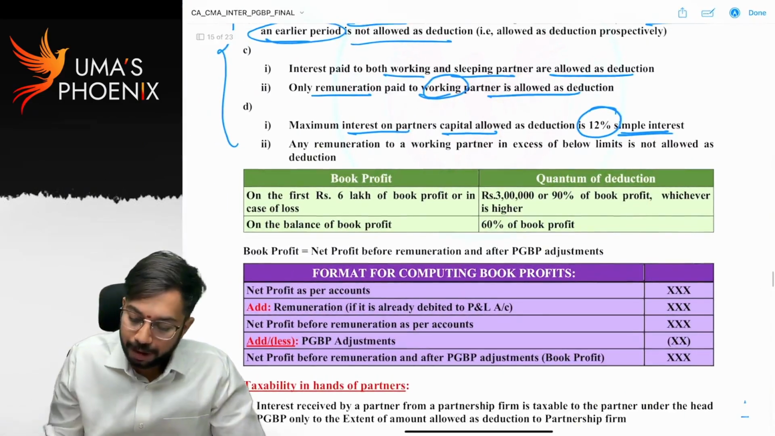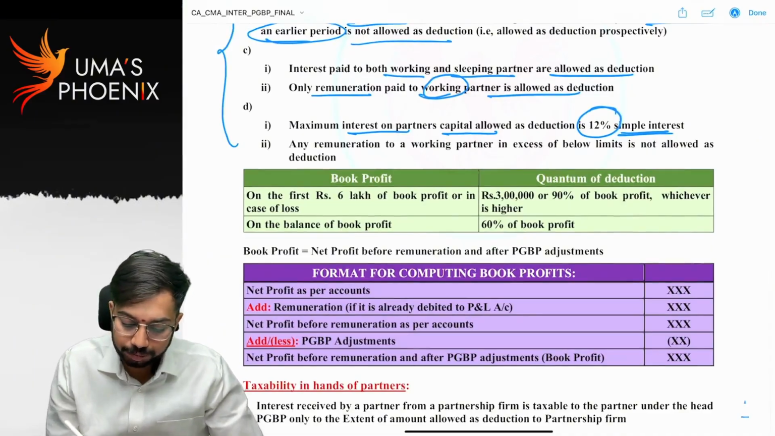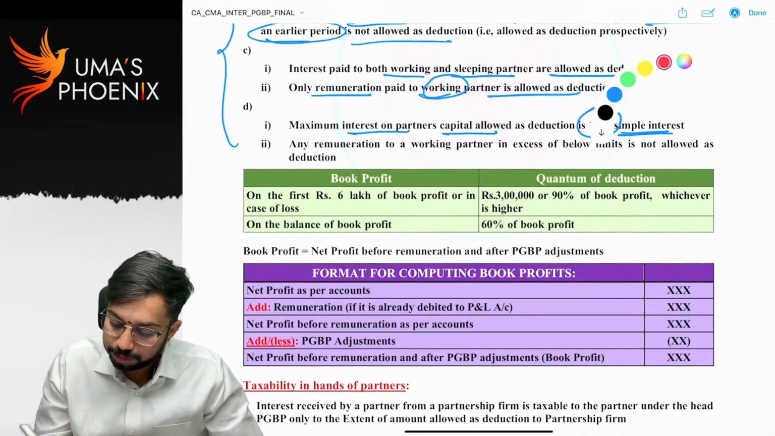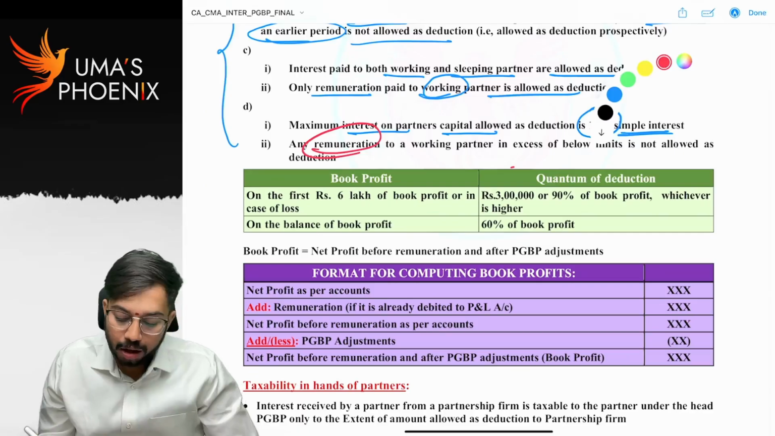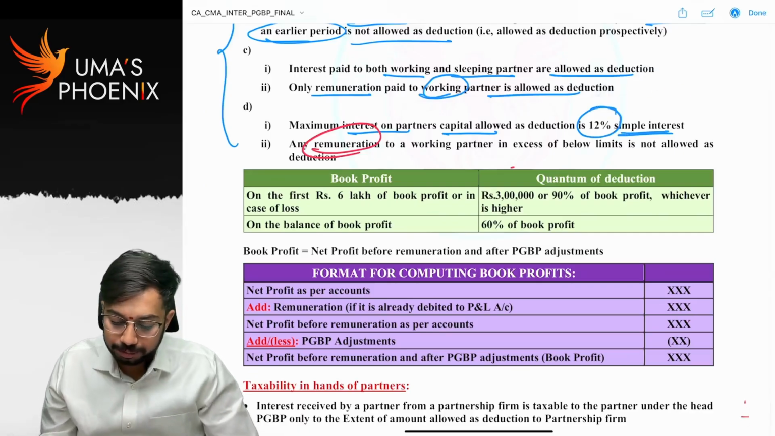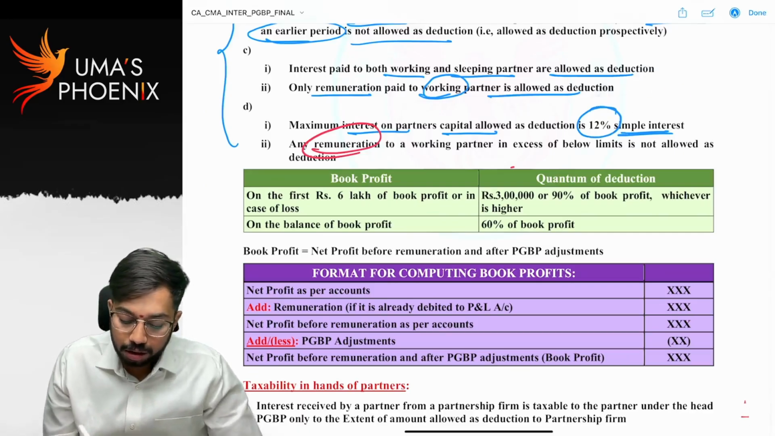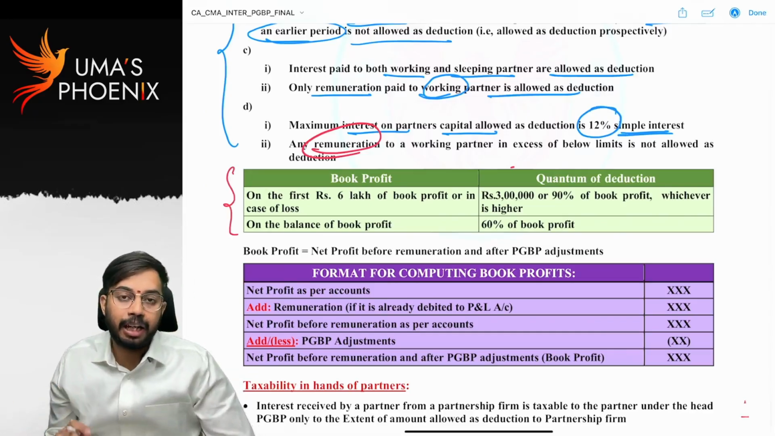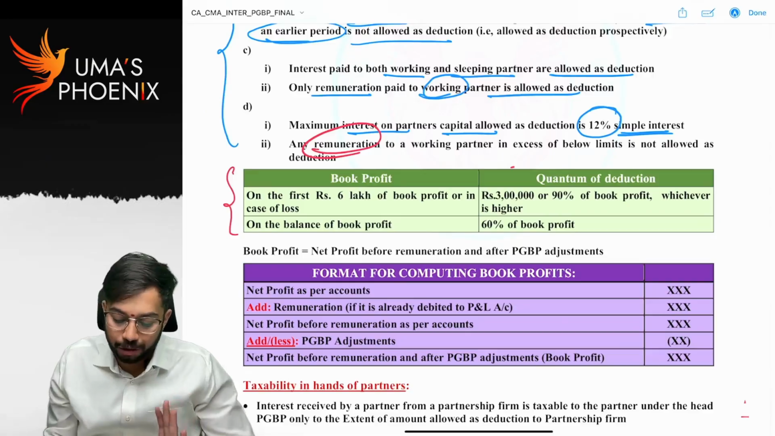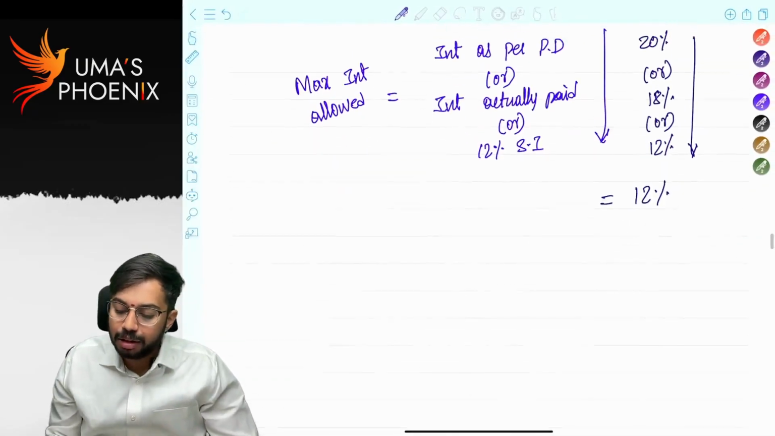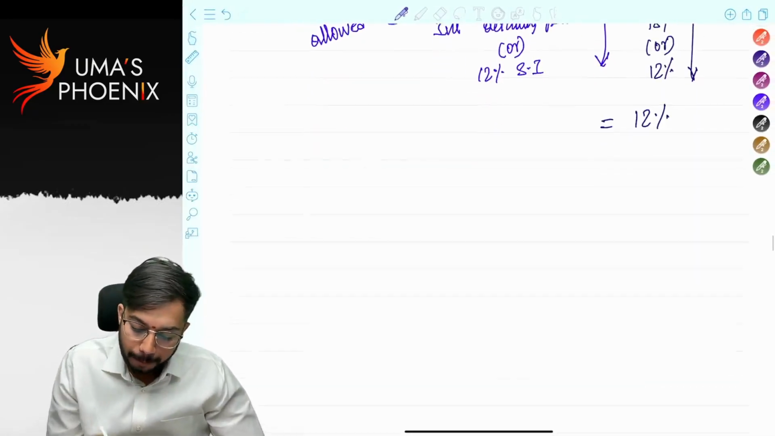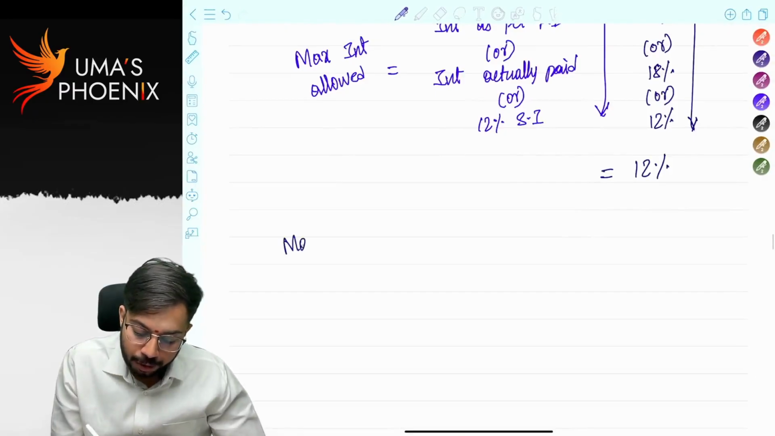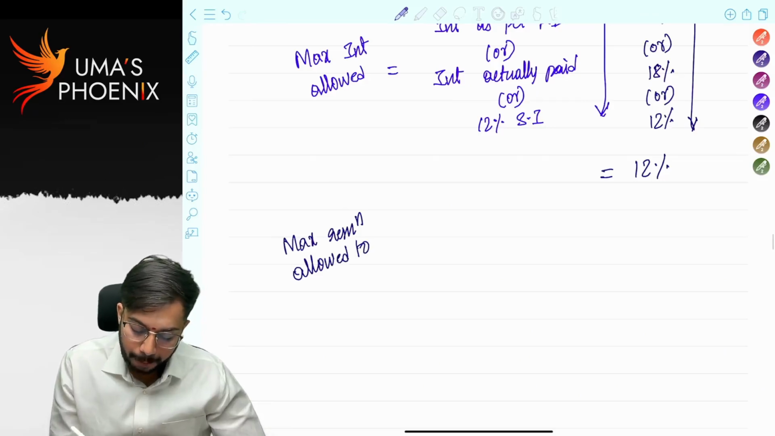Next, in case of remuneration. Remuneration is allowed as deduction subject to these conditions. That means total remuneration is not allowed. For remuneration also, there is a formula. Maximum remuneration allowed to all partners